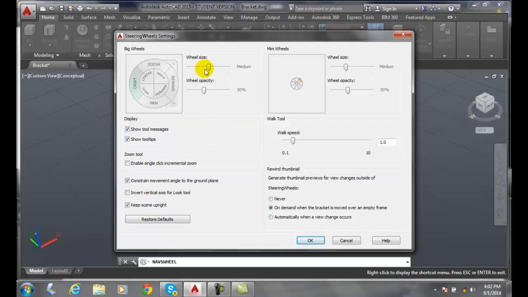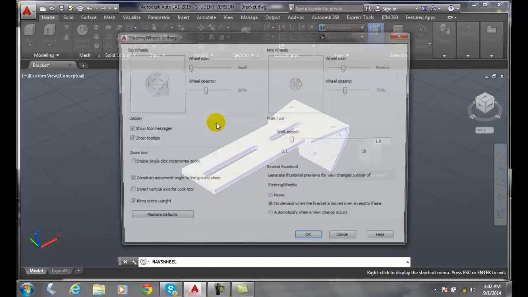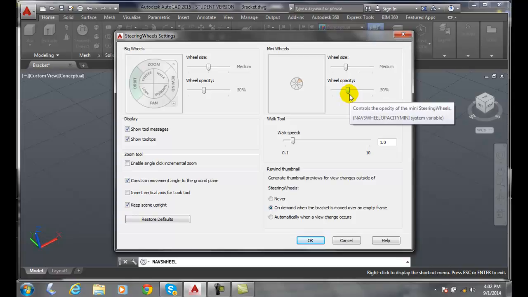And I'll go to medium. I can go to small, say OK. And you can see it's a little too small for my reading glasses. And so I'm going to go back and put mine at the medium. So we can change the wheel size or the opacity of our steering wheels, either the big full-size wheels or the mini